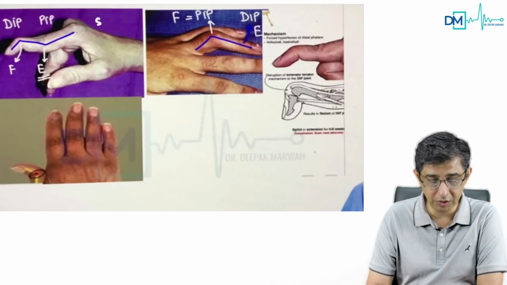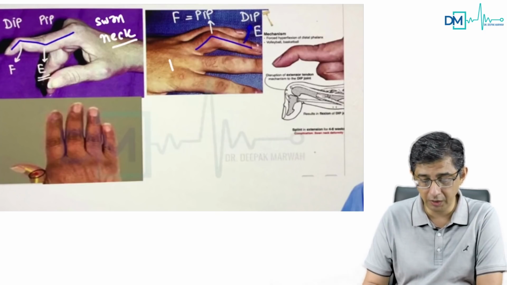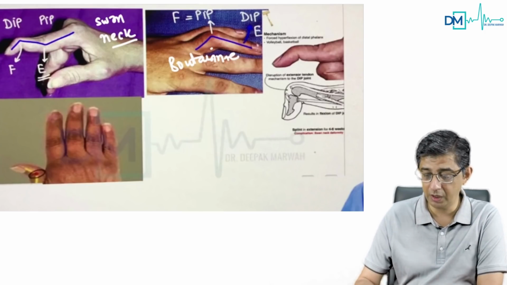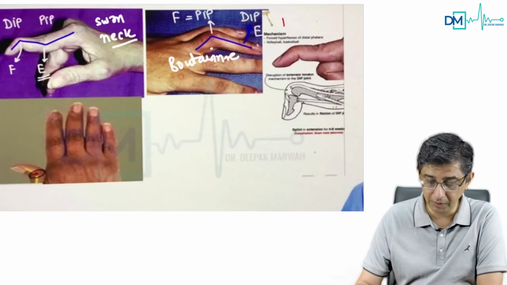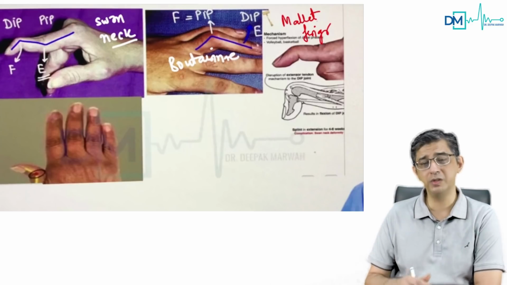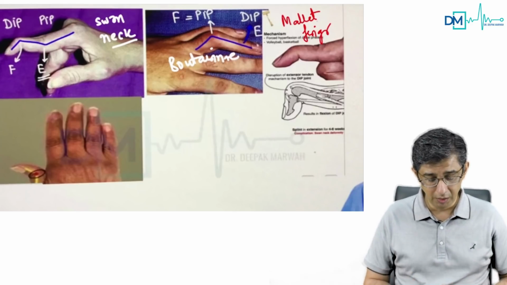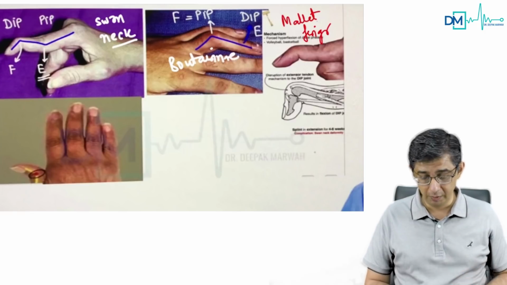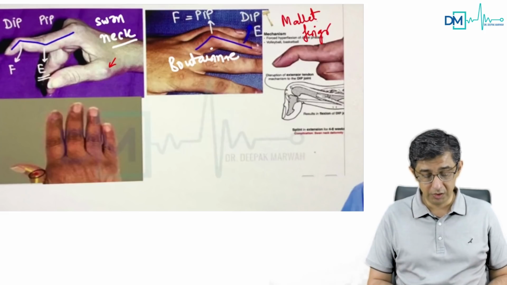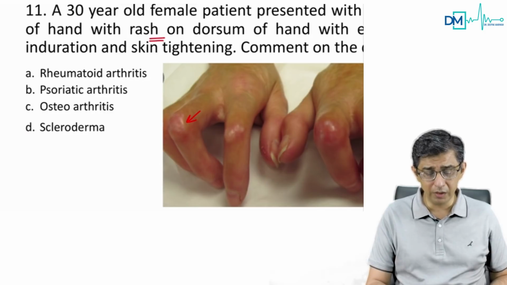This is easy. Swan neck deformity, nobody is gonna mess around. But then Boutonniere deformity, definitely there can be issues. And Boutonniere deformity versus swan neck can be confused very much with mallet finger. Mallet finger is what Dhoni developed once, when wicket keepers or footballers are the ones who develop it. So I don't think that if they give you an image like this, you should ever mess up. And another advantage, you can still see a rheumatoid nodule. So was there a rheumatoid nodule present? Most people said no sir, we could not see any nodules, so I'm ruling that out.